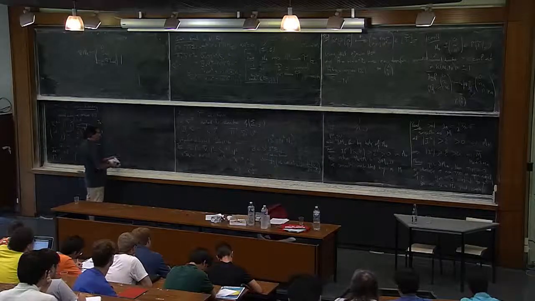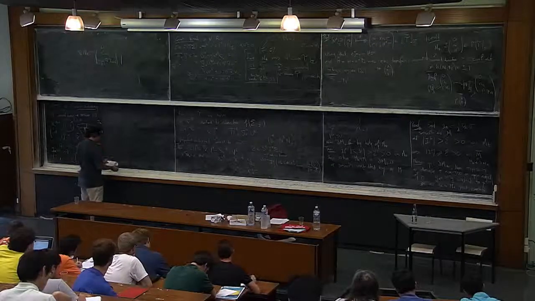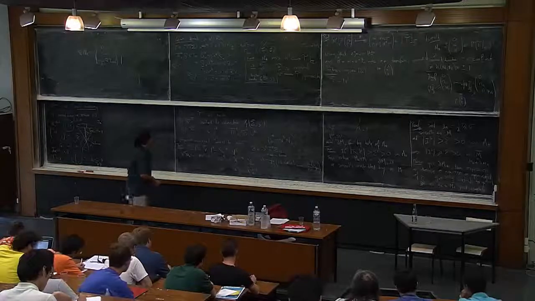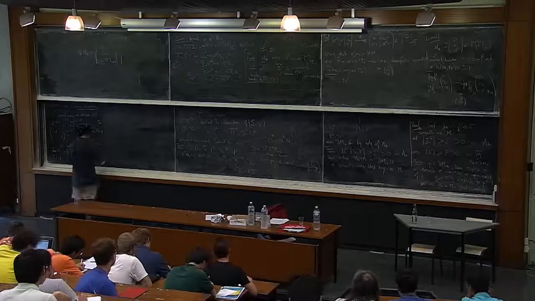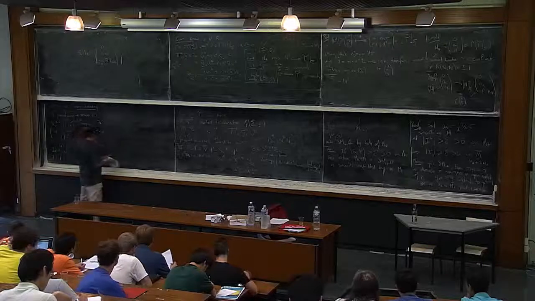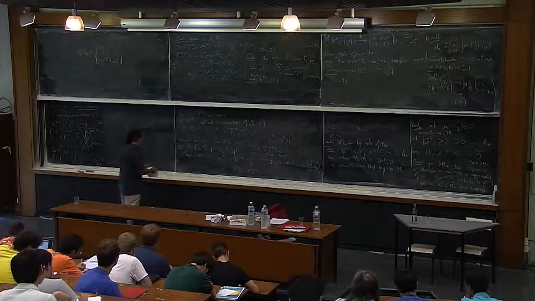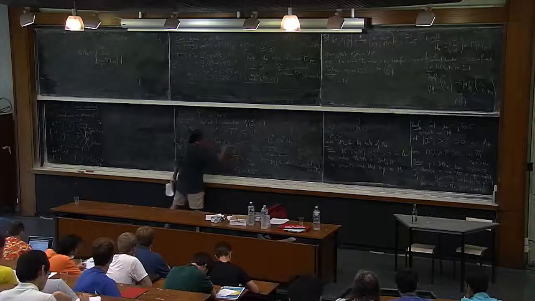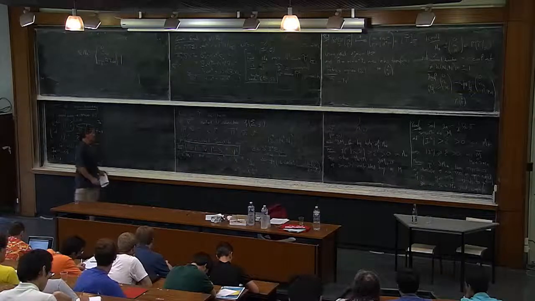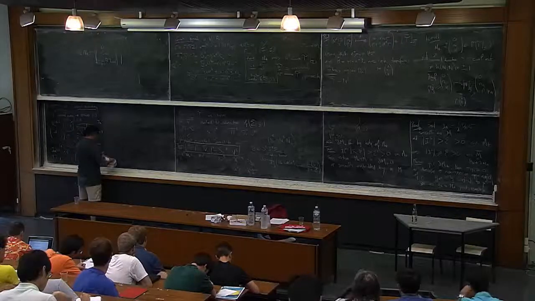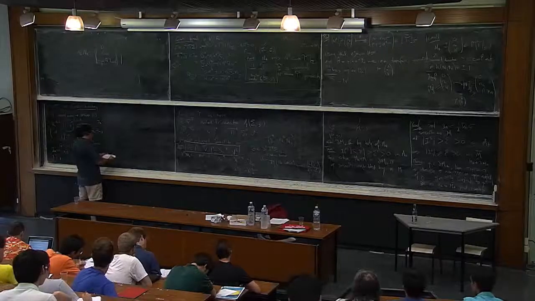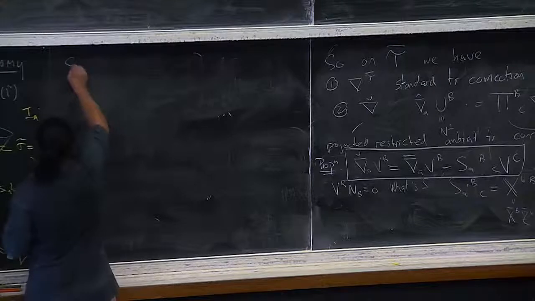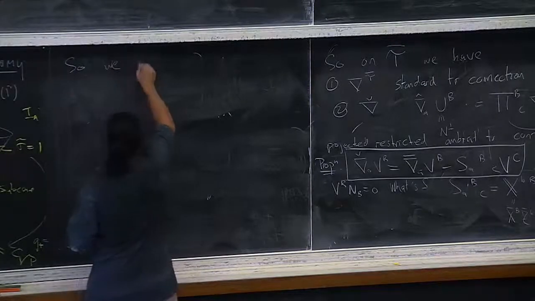Okay, so that's just a computation to get that. But now we have everything to get the Gauss formula. This proposition is one way of stating things, but if I'm to write it the way I wrote the pseudo-Riemannian one, it'd be like this. So we have